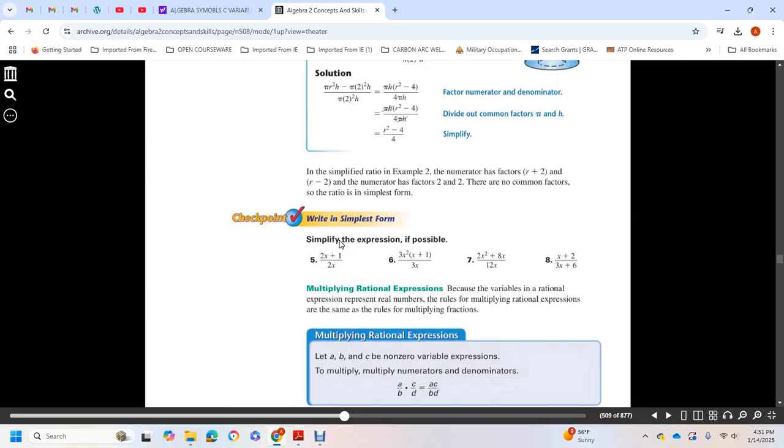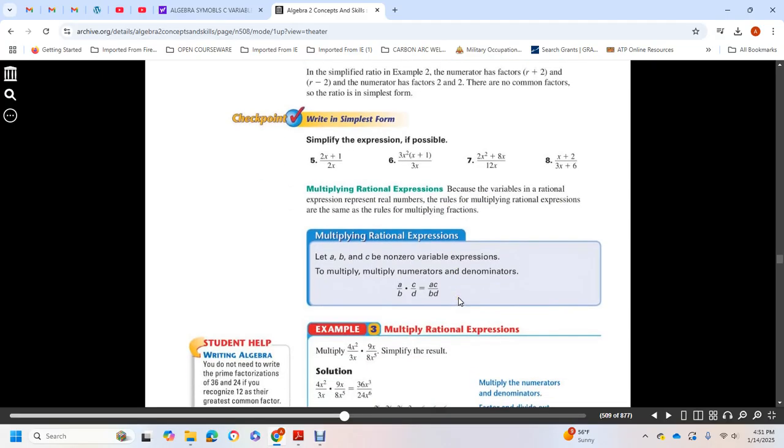Multiplying rational expressions. Because variables in rational expressions represent real numbers, the rules for multiplying rational expressions are the same as the rules for multiplying fractions. Let a, b, c, and d be non-zero variable expressions. Multiply the numerators and the denominators: A over b times c over d equals ac over bd. So we'd have